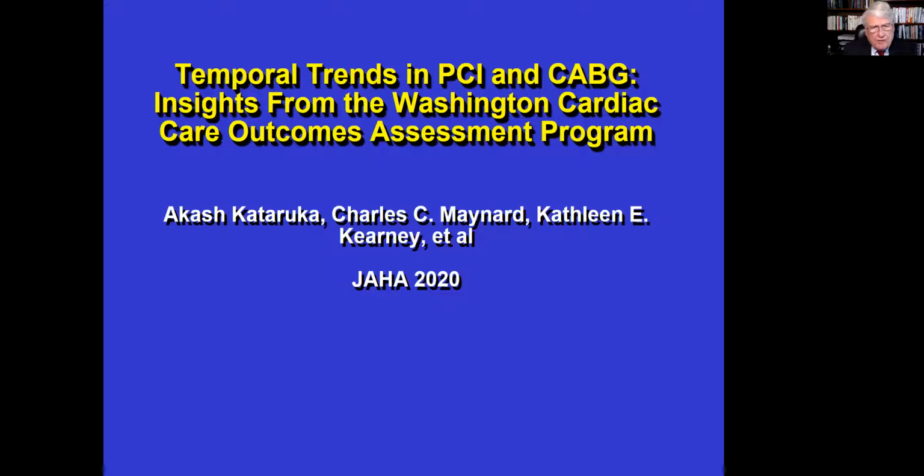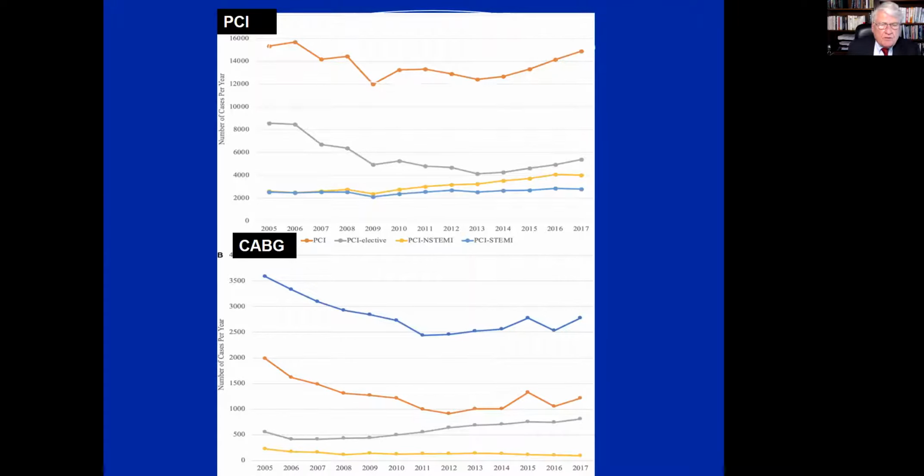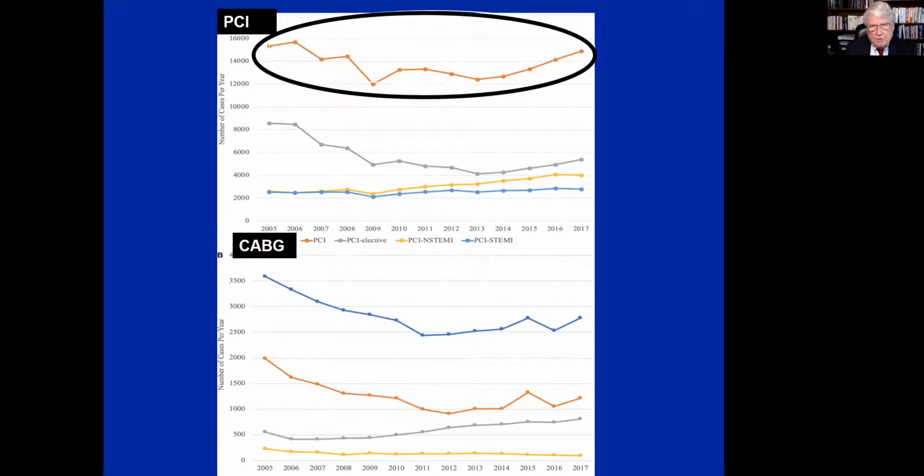And the data from this trial has been replicated in many other trials, including in Medicare patients. This slide just shows the volume of procedures done either by PCI or CABG. And what we see on the top, going back to 2005 and extending through 2017, is there was a marked decrease in procedures that really reached its nadir somewhere in 2009, 2010, and then plateaued. But then in the past 5 to 7 years, we've seen a marked increase in PCI procedures to bring us back to almost where we